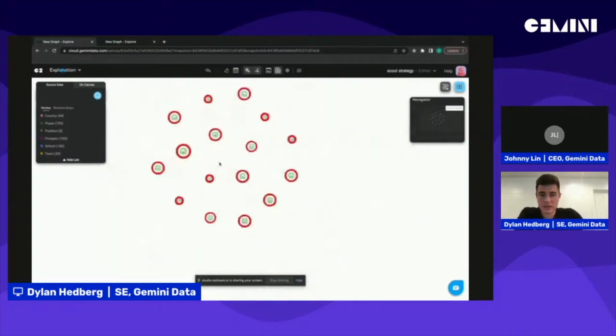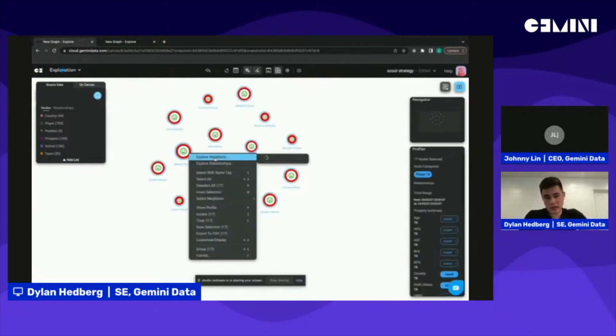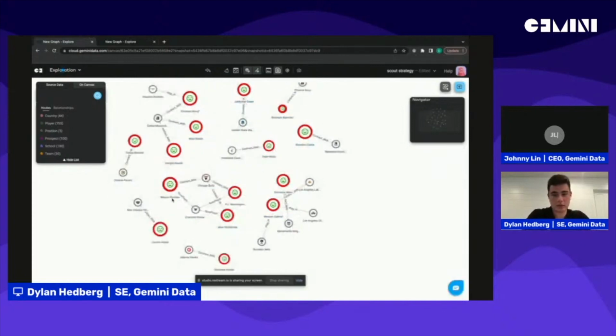okay, so what's returned here is power forwards with expiring contracts. You can see them all in red, and based on their size, their player efficiency ratings are higher. So if I wanted to have a draft strategy this way, I can then explore neighbors, add the teams maybe I want to contact beforehand. Maybe I want to trade for them now before they're signed in the off season. And so here I can see perhaps Mason Plumlee would be someone that I may want to be trading for. He's now playing with the Charlotte Hornets, but looks like originally he had his contract with the Chicago Bulls. So perhaps there's two teams to be working with to complete this deal if I want to acquire this player now.